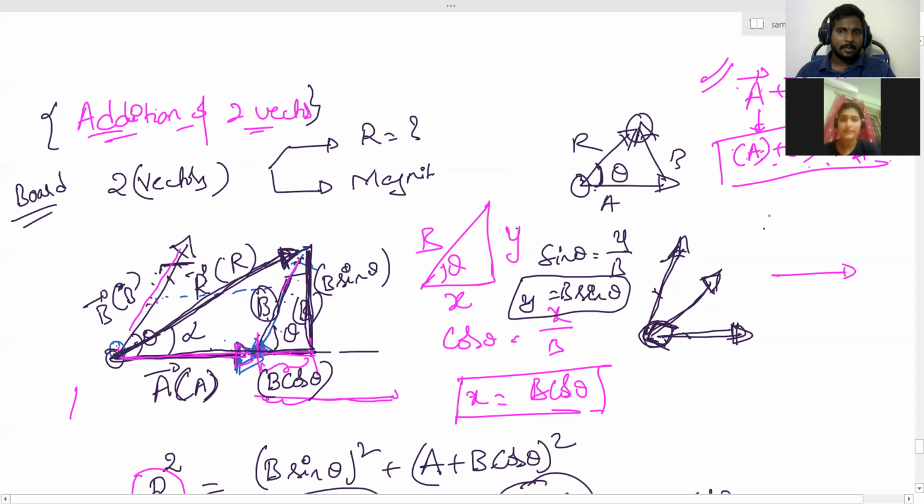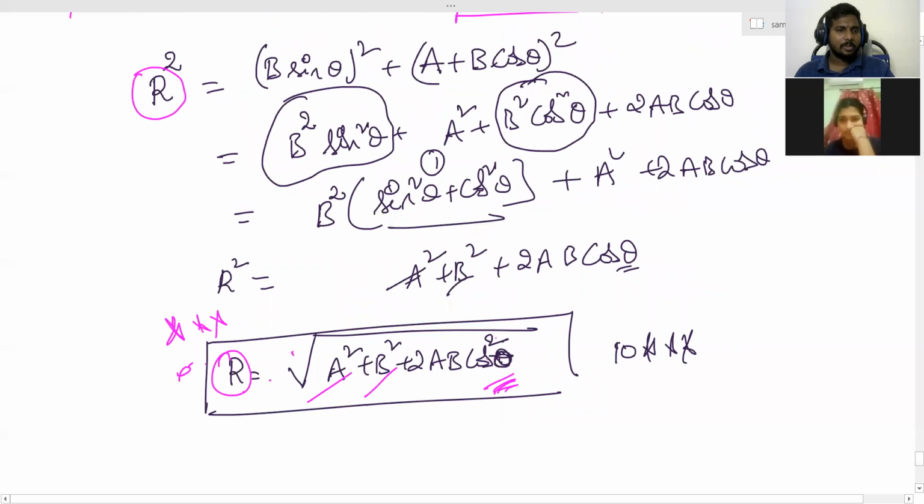Suppose here A is like this, B is like this, perpendicular, 90 degrees. Then observe the resultant carefully. Theta is equal to 90 if you apply. What is cos 90? 0, right? Zero. If you have to think this much, then you need to be very quick in sine and cos. Cos 90 is 0, so this entire term will become 0, right? 2AB into 0 is 0, right? Yes, sir. Now root over A square plus B square will be the resultant.